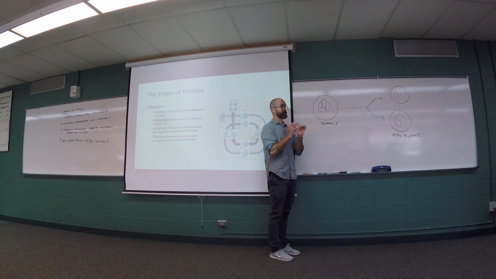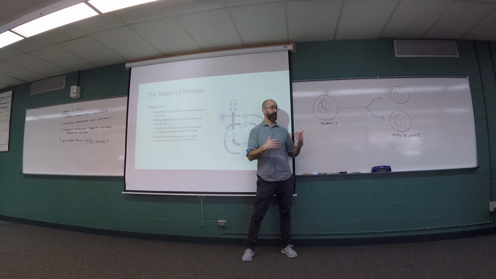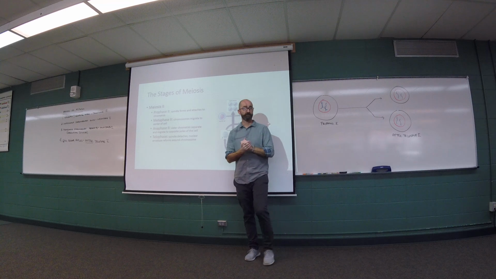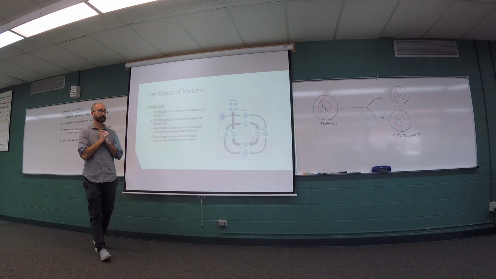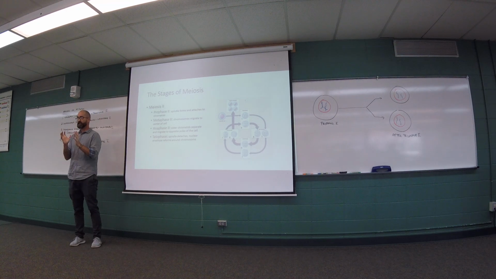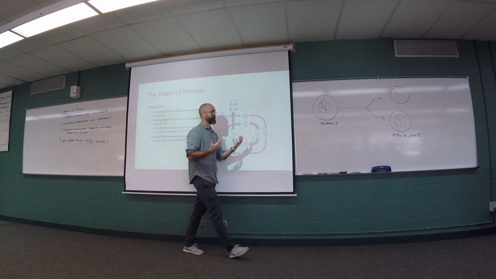It's not genetic material, it's number of chromosomes. We started off with a cell that had 4 chromosomes. And after telophase 1, they became haploid because they only have 2 chromosomes. Does that idea bother anyone? Is that confusing in any way? Please, think of it in terms of number of chromosomes, not amount of genetic material. Because we have half the genetic material, right? There's twice as